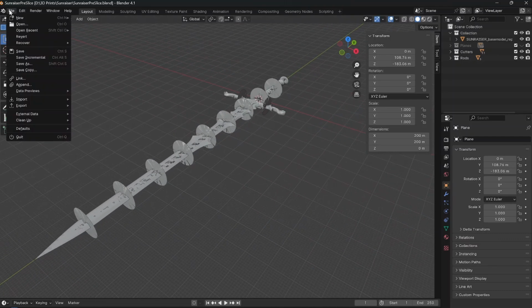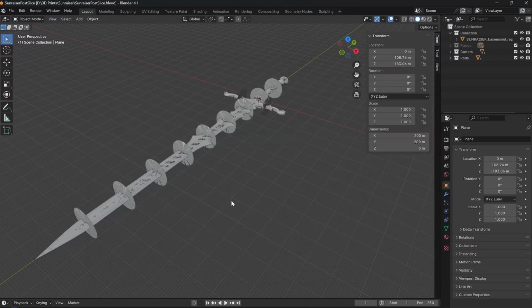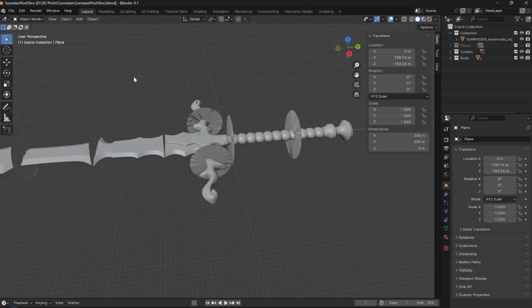So then I'll save a new file. So file, save as again. And I'll change it to Sunraiser post slice. Now I'm going to show you guys how to use the Boolean difference modifier in Blender to cut shapes out